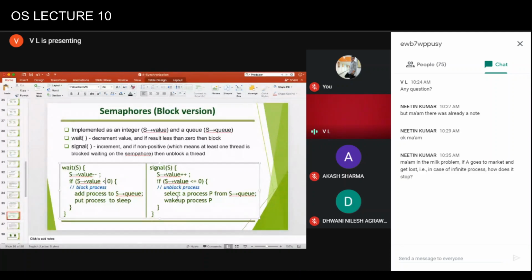Okay, but Linux doesn't do that. Linux actually wakes up all the processes. So what happens in this particular scenario? The process comes and checks the semaphore value. If the semaphore value is equal to 0, the process will go to sleep. And in signaling, the semaphore value will be incremented, and then if there are any processes waiting on the semaphore, all of them will be woken up.